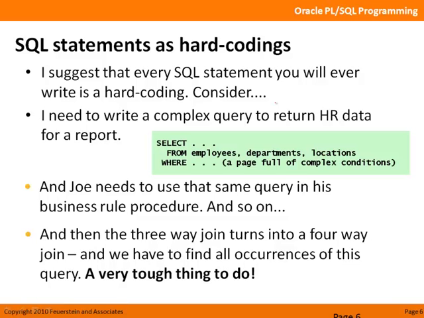Well, what if Joe's out sick that day? What if Sally's mad at me for something I said at the meeting and she doesn't want to listen to anything I have to say? The bottom line is we can end up with multiple occurrences of the same query, but now in varying states. One of them is updated, another one is fixed, maybe fixed in the wrong way, another one is never changed at all. Even if you find all the occurrences, which is a very tough thing to do, how do you keep things in sync? And beyond that, chances are you're never going to be able to find all the occurrences of the quote-unquote same query.